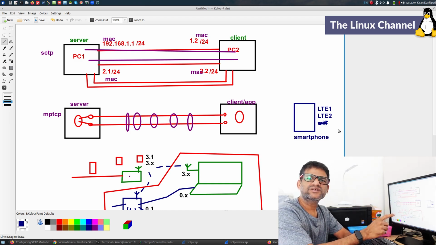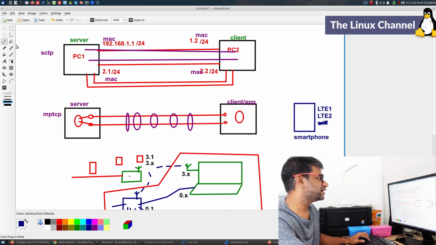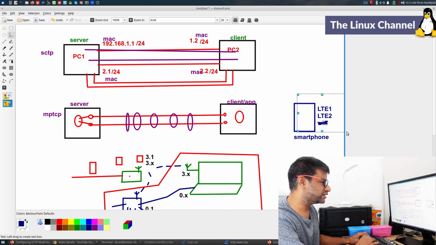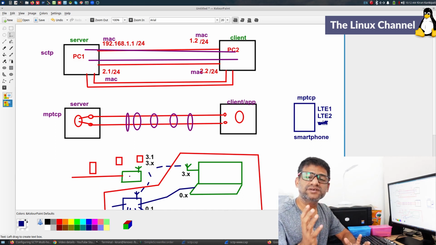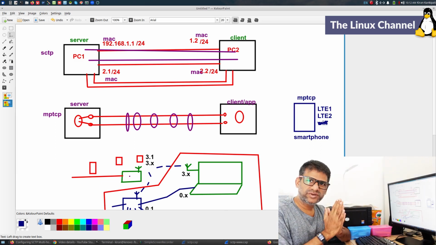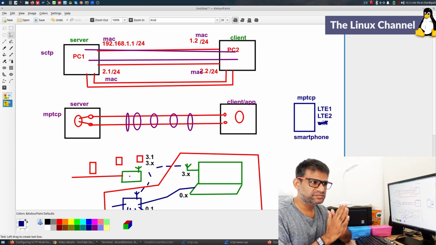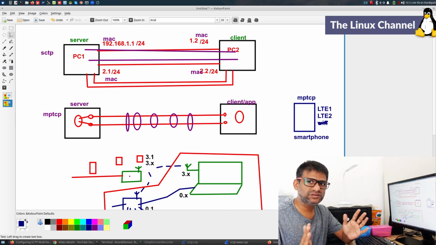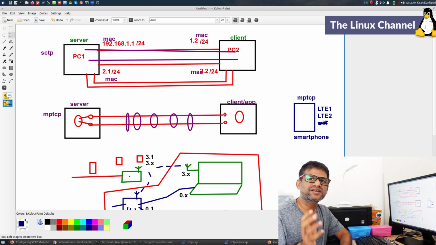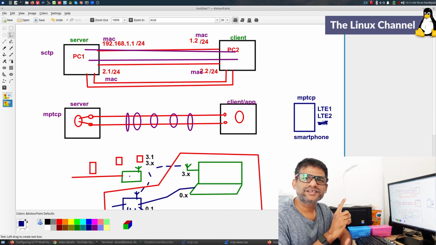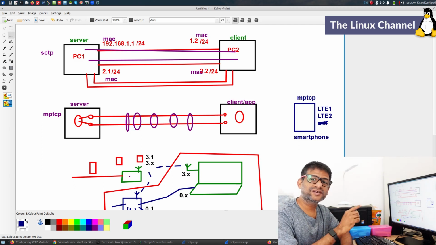And in this case, we can see the actual usage of MPTCP, because it can connect, say for instance, to YouTube, split a single TCP flow into multiple subflows, or TCP connection into multiple subflows, and it can download at a faster rate than what is possible with a single LTE connection. So this is the whole thing.